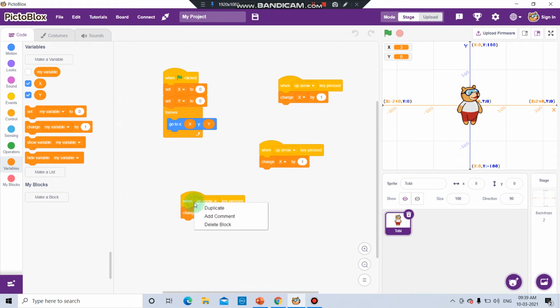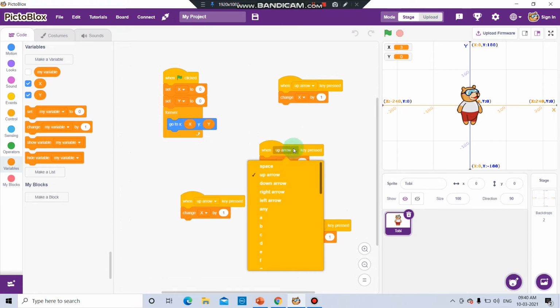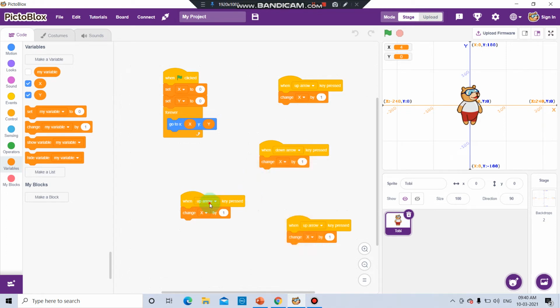We have to make a duplicate of that same thing 3 times. Okay, now all are up arrows, so you have to change that, like down arrow, right arrow, and the left arrow.